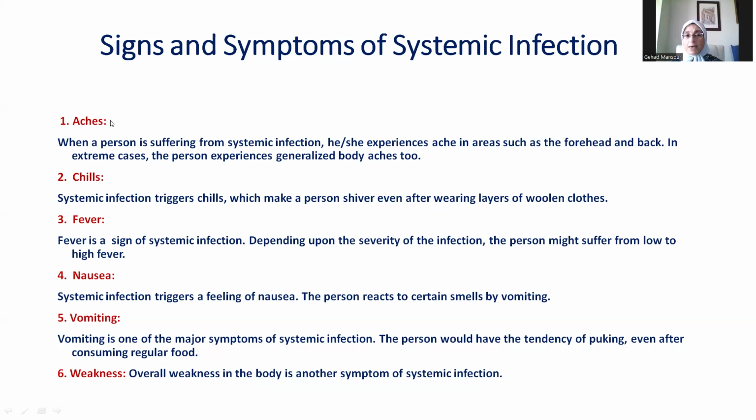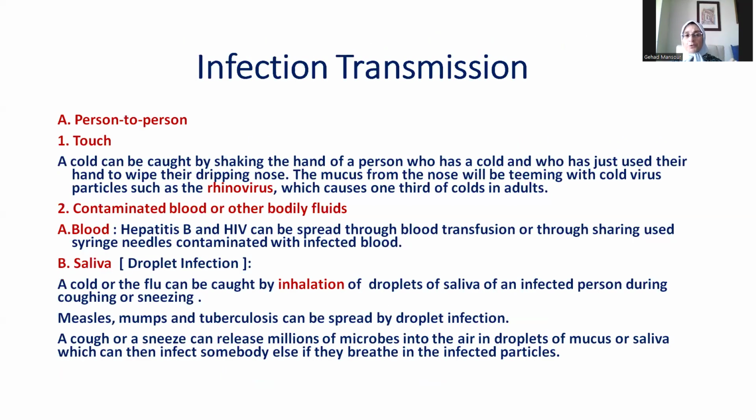But we also have body aches that are still caused by toxins and pyrogens. We have chills, we have nausea, vomiting, especially if the systemic disease affects the stomach and the gut. And of course, we have overall weakness. And the weakness results from fever, because when you're feverish, there is an increased rate of metabolism. There is an increased rate of all the biochemical reactions in your body, plus that fever causes anorexia or loss of appetite. So you are burning fuel, you're burning glucose at a higher rate, you don't have good appetite, and that's why you feel weak and you lose weight.